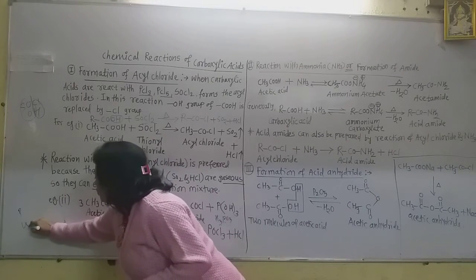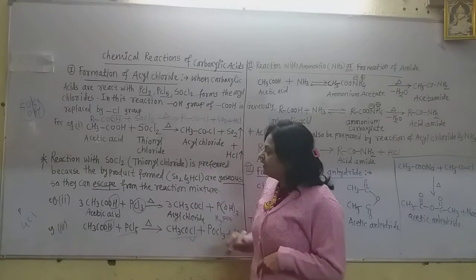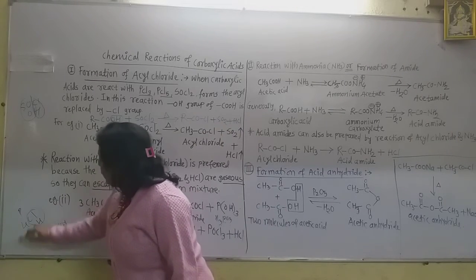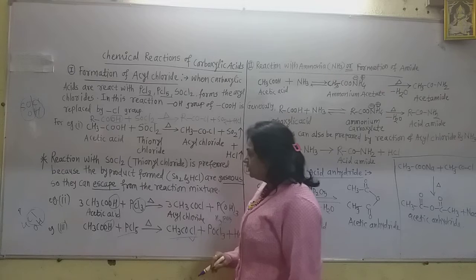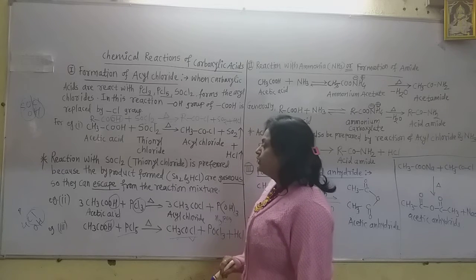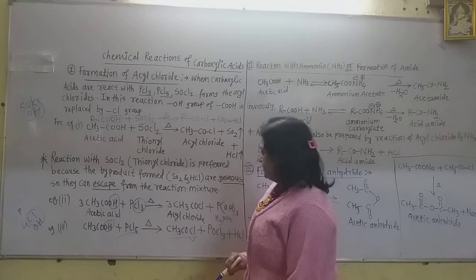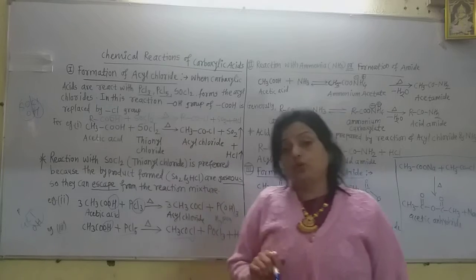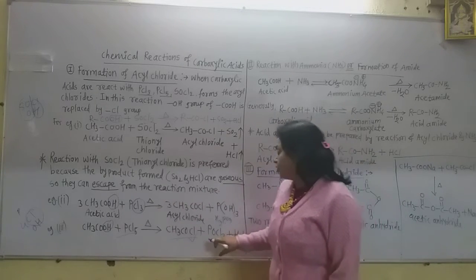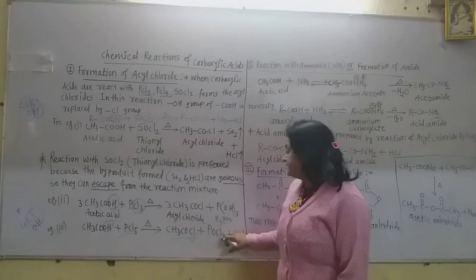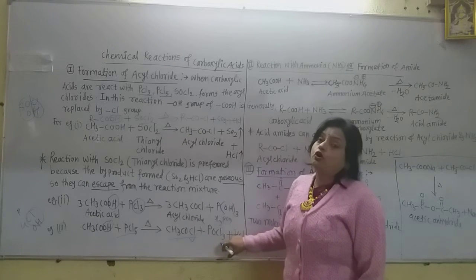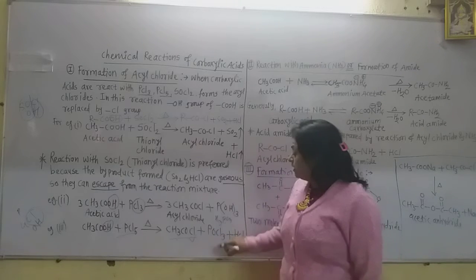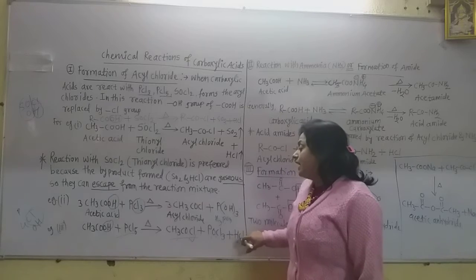Here also there are 4 chlorine atoms, because 1 chlorine is used here, and the OH group is there. Now it forms HCl, and again there is the formation of POCl3. Out of the 4 Cl, 1 chloride is again used in the HCl. Now 3 chlorine atoms are remaining, and that forms the byproduct. The name of this compound POCl3 is phosphorus oxychloride, which we already saw in the reaction of this reagent with alcohol. There is also the formation of these two byproducts, phosphorus oxychloride and hydrochloric acid.